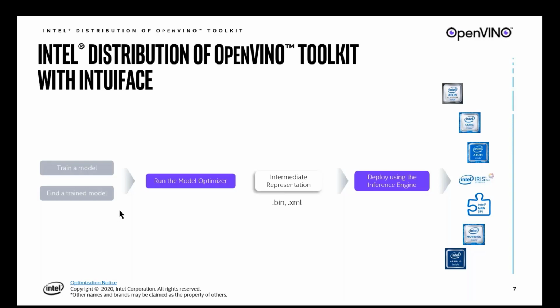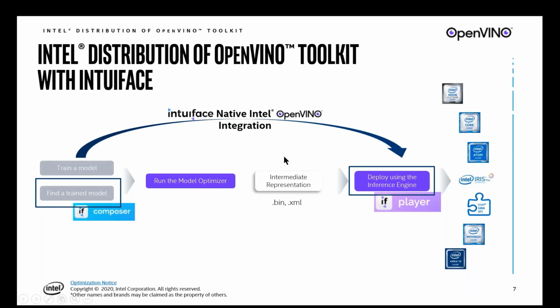And then we also provide many models, the models that Jeff just showed, the capabilities for face detection, head movement. This is a very streamlined computer vision AI deployment model. Now, here's the beauty of native integration of OpenVINO into Intuiface. We basically bypass all this. And what you'll see when Seb goes through a demo is